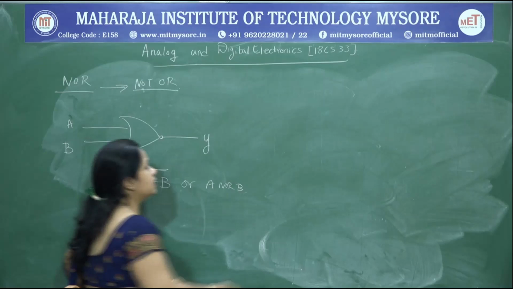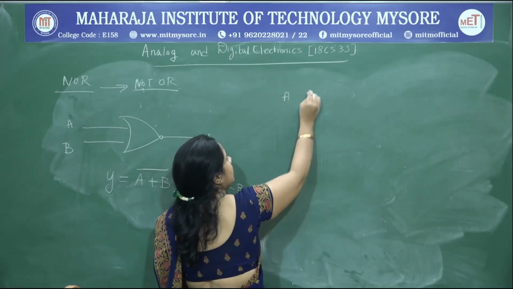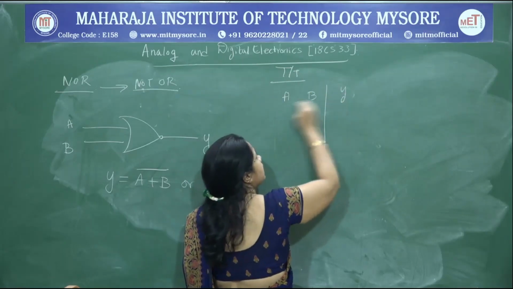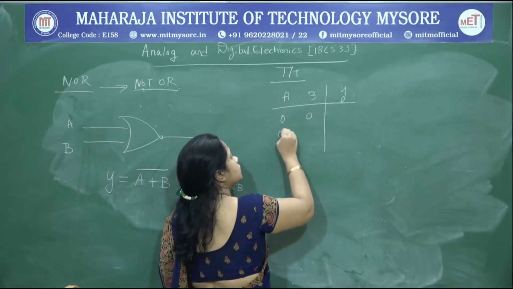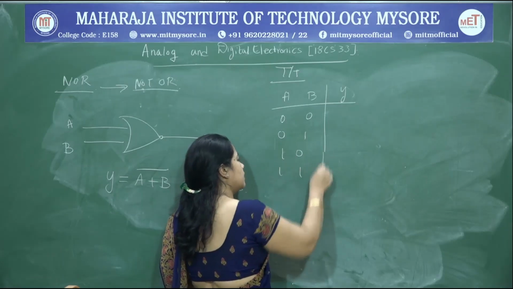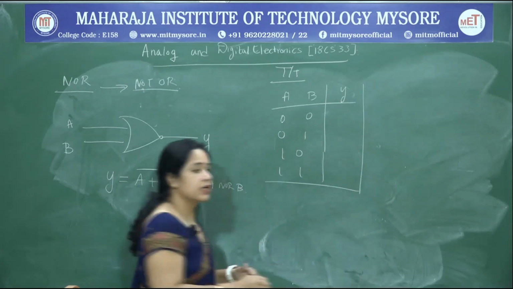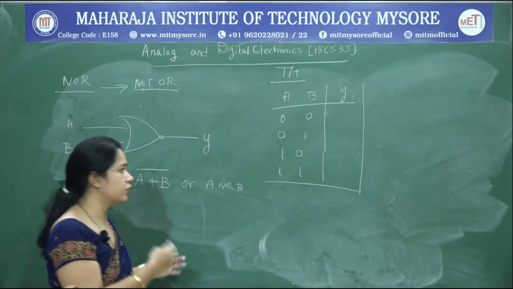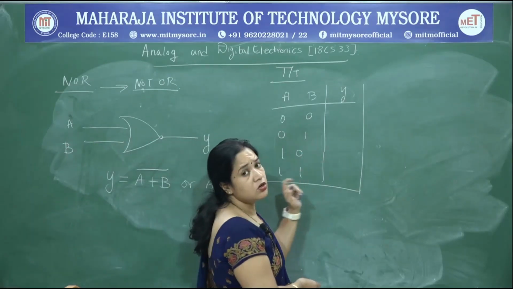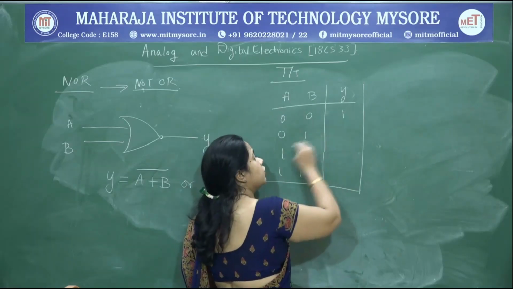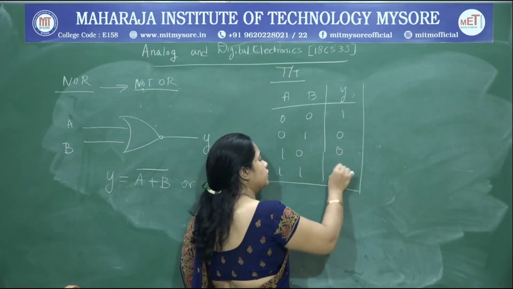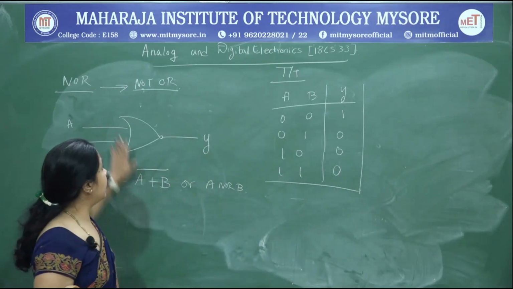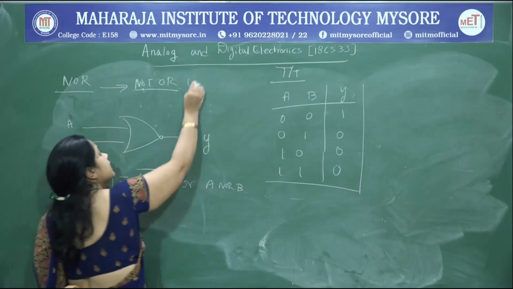So, if I again write the truth table, A, B are the inputs and Y is the output. All possible values are 0 0, 0 1, 1 0, 1 1. What NOR does is, it says no to an OR gate. So, whatever the output of OR is, it is going to be inverted. You are aware 0 0 was a 0, now it is going to be 1 and the rest of them are going to be 0. So, this is the truth table for your NOR gate.